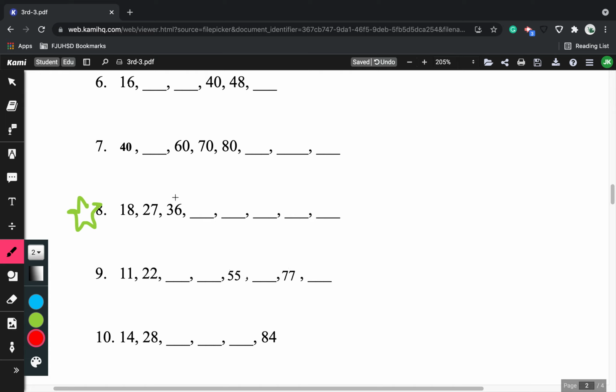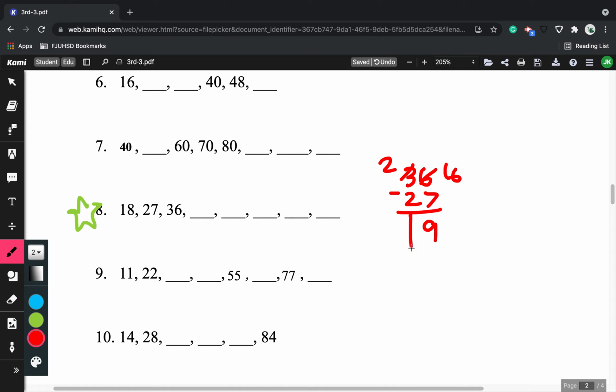This one is saying find the missing numbers in the pattern. What you do is you usually get a pair of two numbers together, like this, and subtract the smaller number from the bigger number. So 36 minus 27, that's 9. And if you want to make sure that's right,